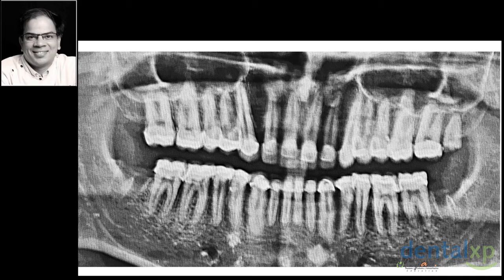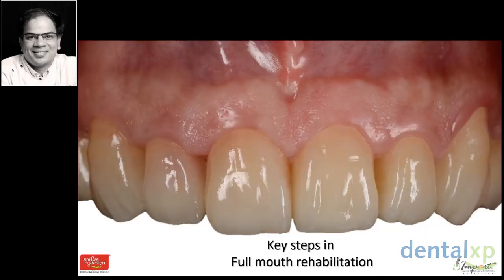So we are preserving the vitality of all the teeth, trying not to prepare the teeth too much. We go towards techniques which allow us to do that, and that's the entire sequence which you have to learn. So it's your diagnosis and risk assessment at one end, and your treatment planning and being conservative at the other end by choice of proper restorative materials. That's what we will be looking at. So with this little background, let us see two cases, and these two cases are going to give us an insight into all the aspects of full mouth rehab and what we are thinking.